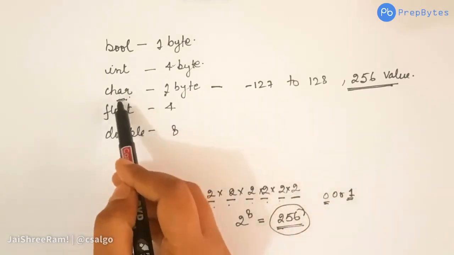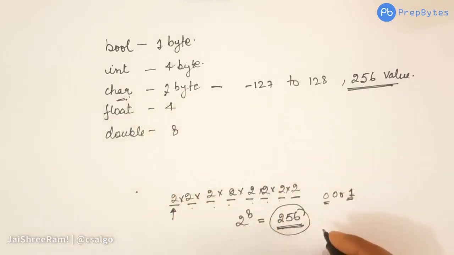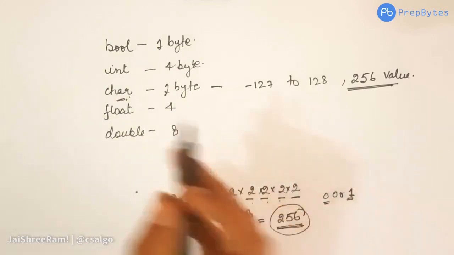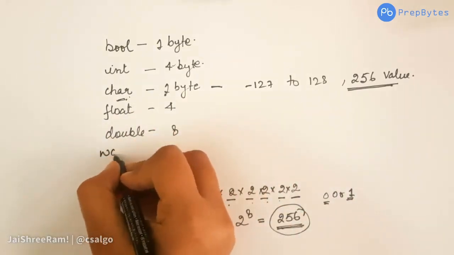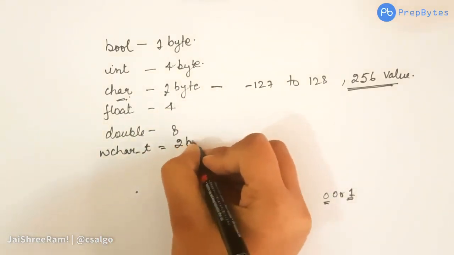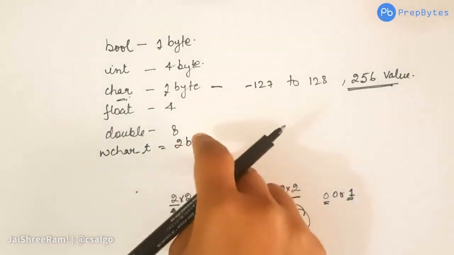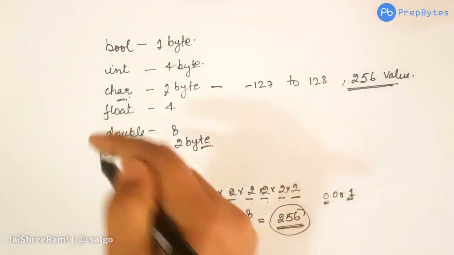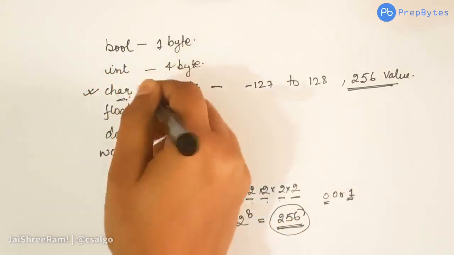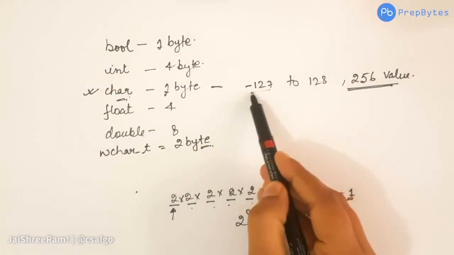Now in case of character, many times 1 byte or these 256 values are not sufficient. For that matter, we have a data type called wchar_t, which is of 2 bytes, such that it can store more characters. Generally while coding we use char only, that is sufficient for us. Now coming to this thing.